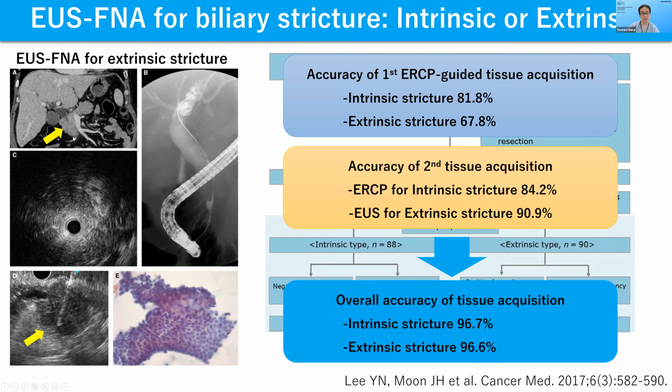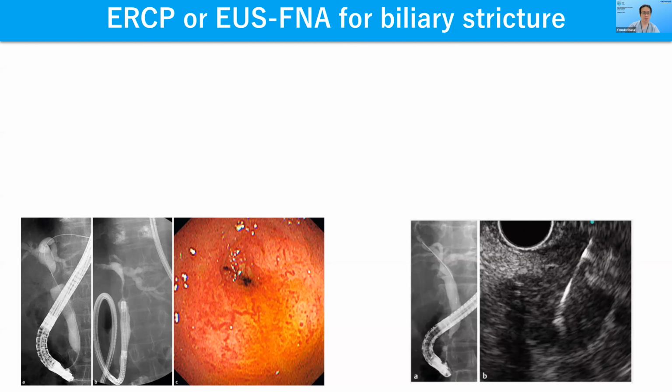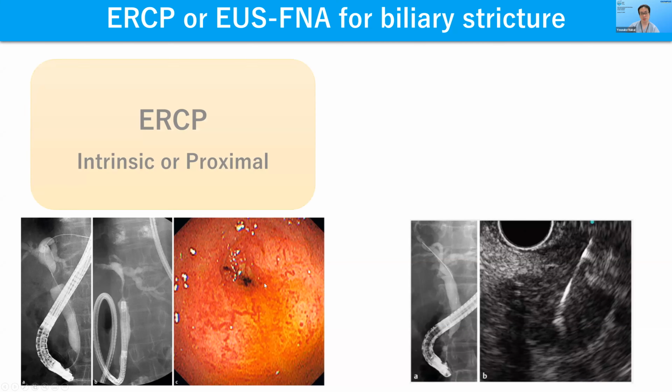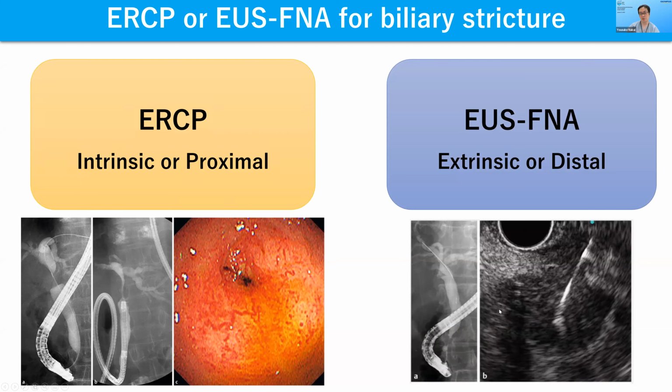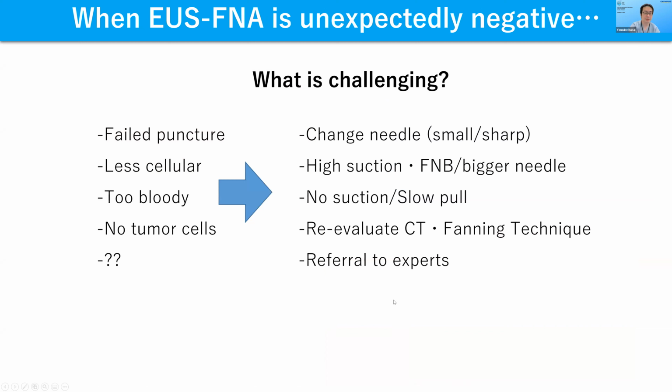So we must evaluate CT or EUS before ERCP to choose the appropriate tissue acquisition procedure, ERCP or EUS. So if it's a hilar stricture or intrinsic stricture, ERCP first. And if it's distal, they are mostly pancreatic lesion. So we should perform EUS FNA first. And if it's negative, then what should we do? Sometimes